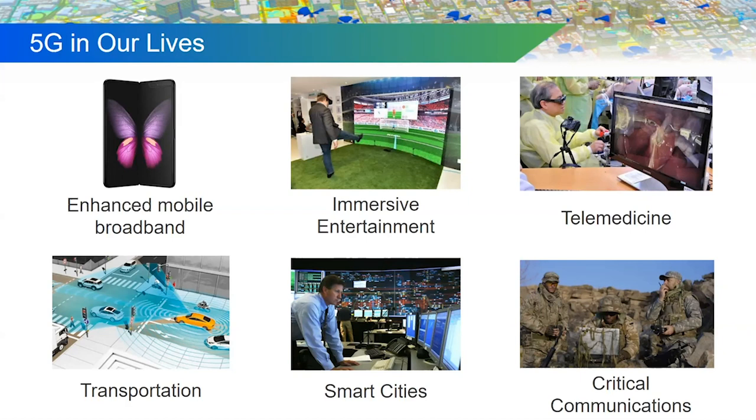Also, temperature sensors and pollution sensors can be equipped in waste management. Every waste bin can be equipped with a sensor which would measure if the waste bin is full or not, and then the trucks which collect those waste bins would only have to drive when required, which would make the city much more efficient. Armies could benefit from 5G, starting from using it in small warehouses, in logistics, and up